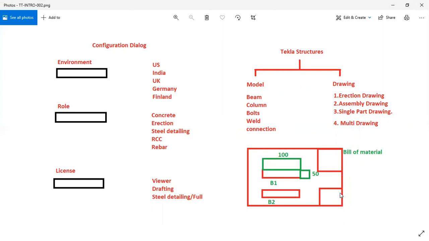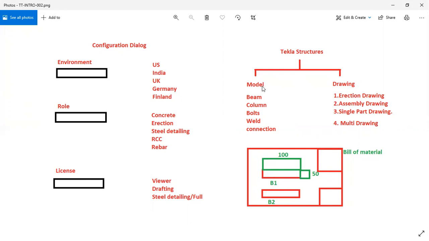And here there is a title block. This portion we call the title block. In this title block, generally we'll have the logos, client logos, and the project related information. The other blank space available here will list the items. Assemblies, parts, all those contents will be listed here with their proper dimensions and marking. And weld, bolt, all that information goes inside this sheet, right? So that is what a drawing looks like.